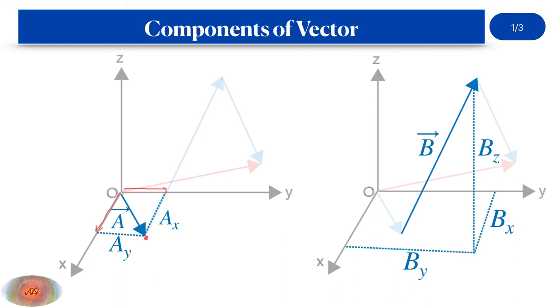Therefore, when you are indicating the net displacement of the person by a vector A, this A consists of two components. One is the x component and another is the y component. Similarly, in the second case, when the person took his flight and the flight is moving along this particular direction, that movement of the flight is represented by another second vector B, and in this case B moves in three dimensions.